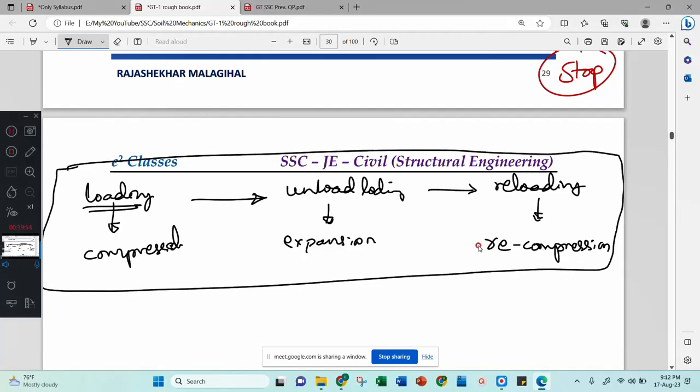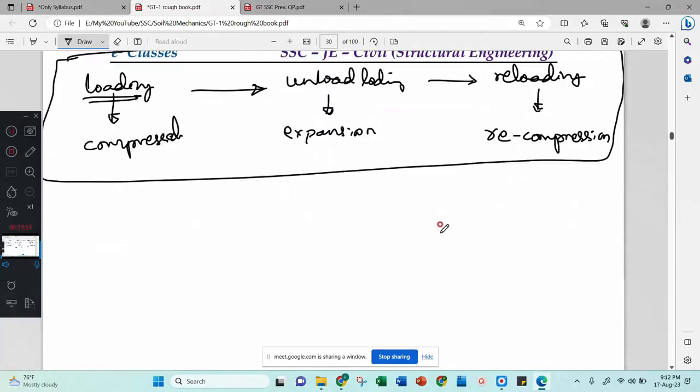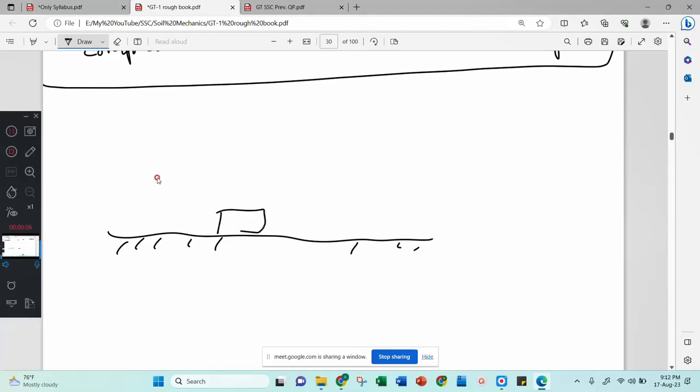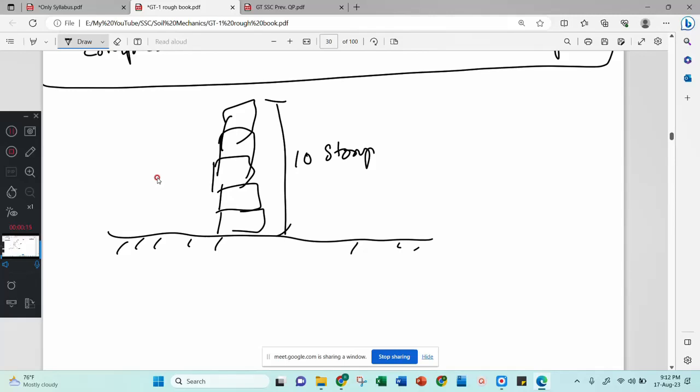Okay, why are we doing it like this, loading, unloading, reloading? Because we are geotechnical, the feelings of soil. Let us consider this is your ground level, and you want to build a building, 1 story, 2 story, 3 story, 4 story, 5 story, like that. You have built about a 10-story building. Then when you build this 10-story building, what is this soil experiencing inside? The load is increasing, no? 1 story load, 2 story load, 3 story load, 4 story load, like that. The load is increasing on this soil.